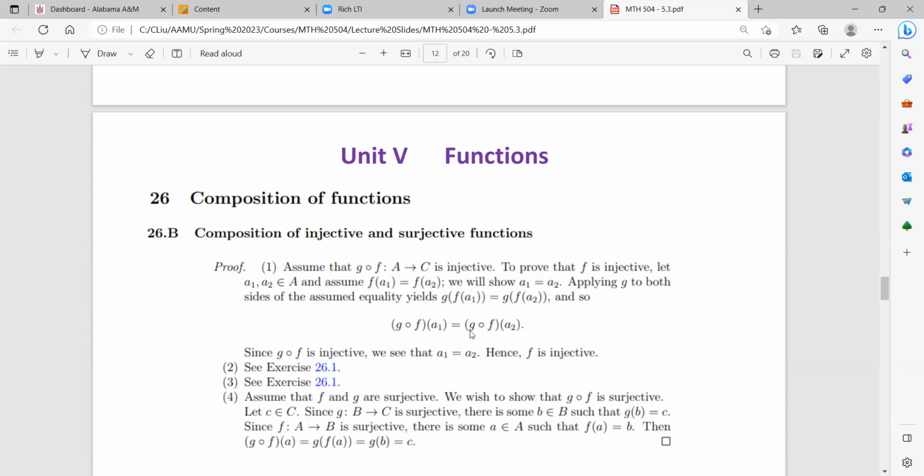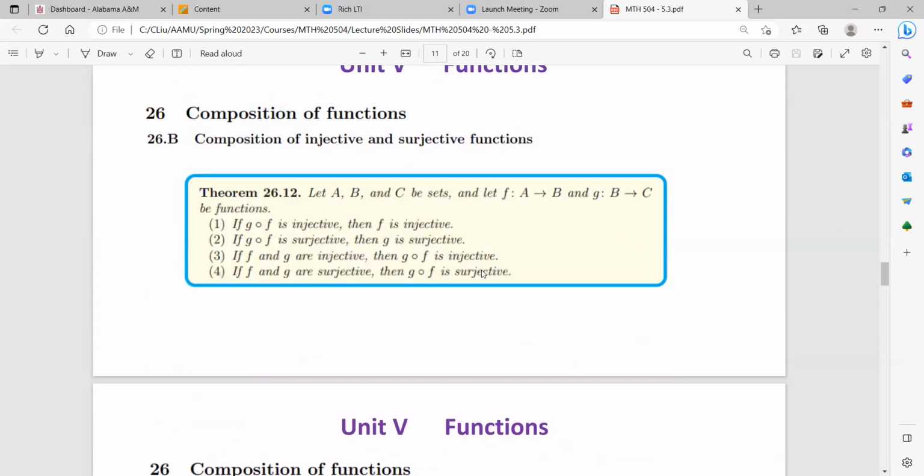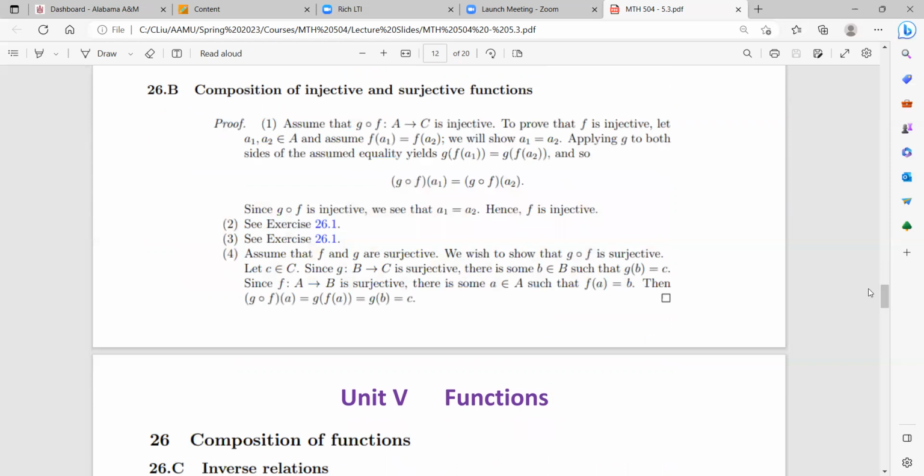So you can do the similar thing to part 2, about the surjective. And for part 3 and part 4, you can prove either of them. Okay, so let's just look at them. Part 4 says if F and G are surjective, then G compose F is surjective too. Okay. So that's also easy because